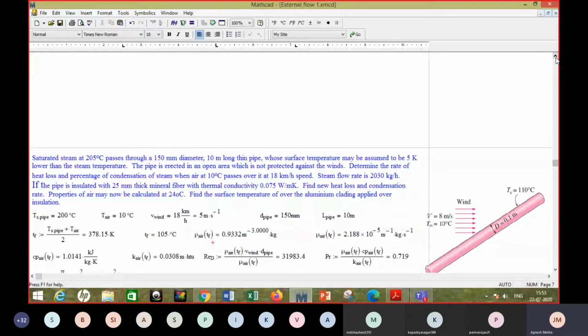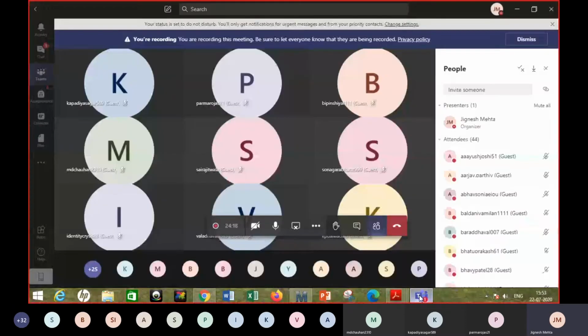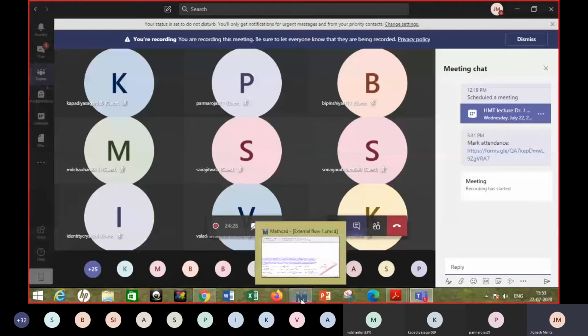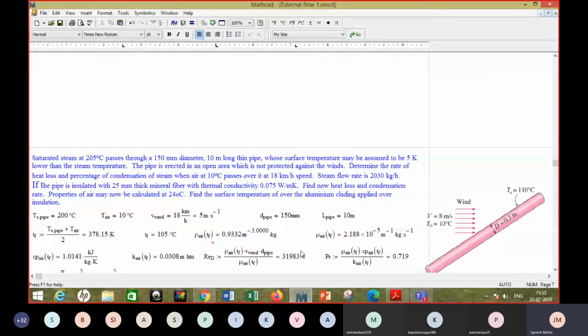Now, most of the times, the first thing that you do is finding the Reynolds number. So get the Reynolds number, rho VD upon mu, right? And just check whether what I have got is correct or not. So in case you get the same number or a number very close to this, you can just write yes in the chat box. In case it is something different, you may convey it.